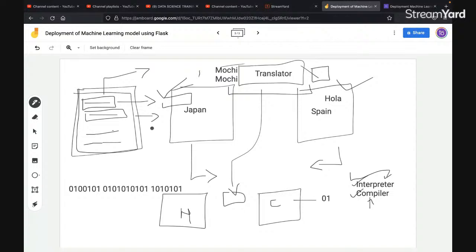Whenever we compare on the internet, you can find various ways. If you search Python versus C programming language, the major difference you will find is that Python uses an interpreter, that's why it is slow, compared to C, which uses a compiler, and it is fast. Is this clear?